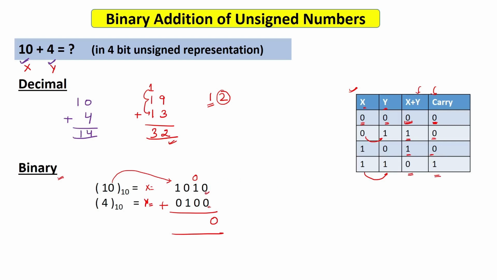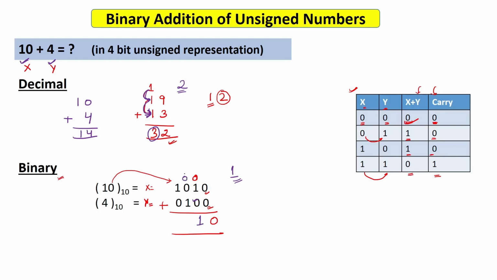So let's see. If I add 0 and 0, from the table the sum will be 0 and the carry moving forward will be 0. The next step: when this 1 was generated in decimal, we took this 1 and added it with the next digits. Same way, if we add this 0 and 1, we get 1, and then 1 plus this 0 is again 1, from this table. So we write 1 here. Now the carry will be 0.